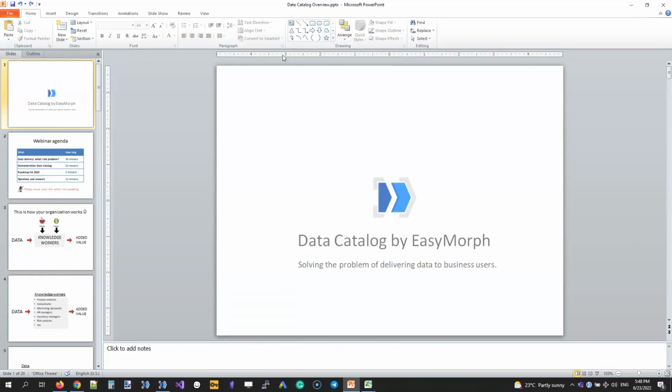Dimitri, hello. Thanks a lot for this. This is Arend, a happy user of EasyMorph. I'm happy to see this. I have a question. Is there also a possibility to adjust the web interface of the EasyMorph server? Because I can think of a situation where users that do not use EasyMorph themselves do want to use the datasets that come out of it.